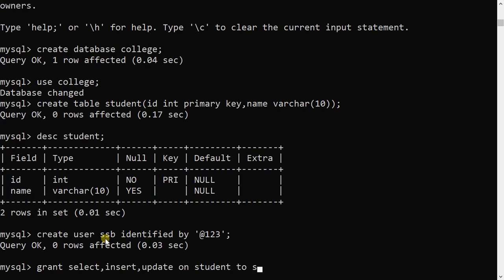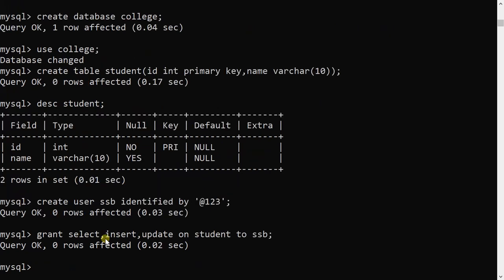To which user? SSB. What does this command mean? It means three operations, select, insert and update, are granted on table student to the SSB user. So SSB can perform select, insert and update operations on the student table, and the student table is under the college database.